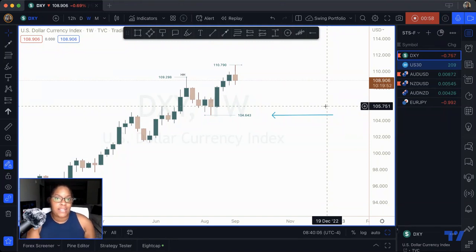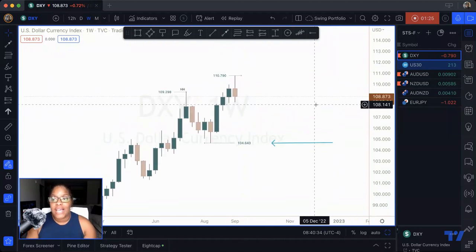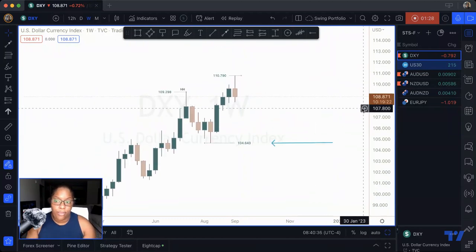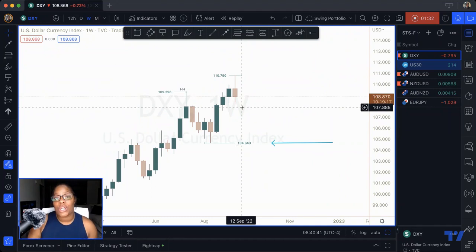Looking at the dollar index today is going to be important because it's going to tell us how AUD USD, New Zealand dollar, pound dollar, Euro USD, USD CAD, USD Swiss, and USD JPY are going to move for our future overall. Now, I don't know how the weekly candlestick is going to close today because we still have 10 hours left in this candlestick. If you look on my price chart to the right where my price scale is, it says that we have 10 hours and 19 minutes left until this candlestick is going to close.